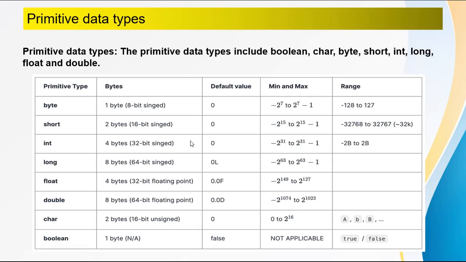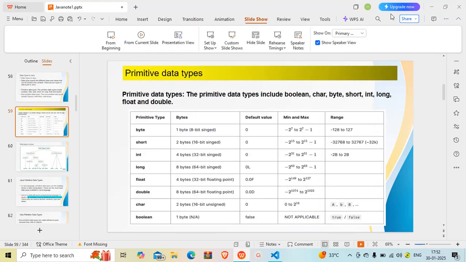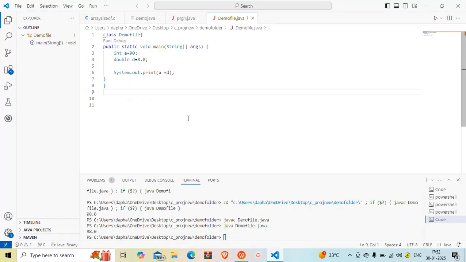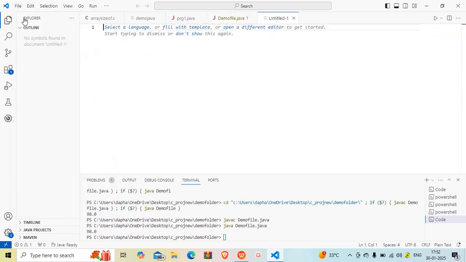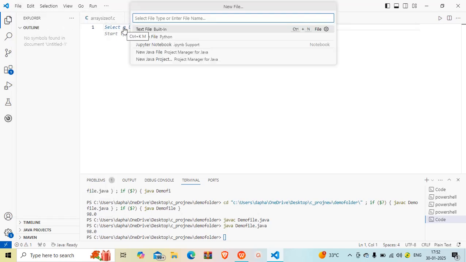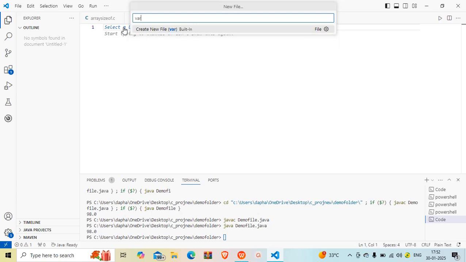Okay, so now we'll see in VS Code how to write the code for declaring variables and printing any value. Now I will create a new file. I am giving the name var file.